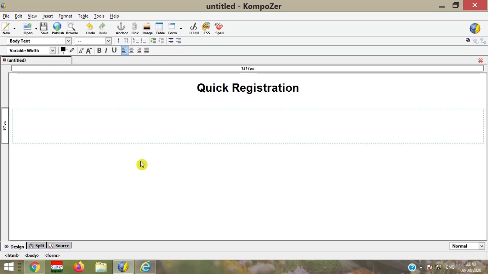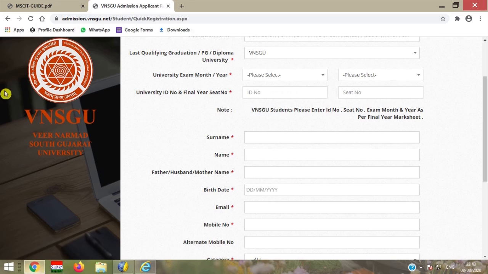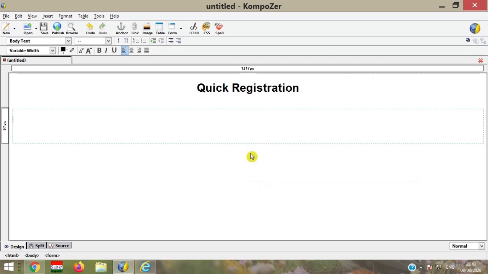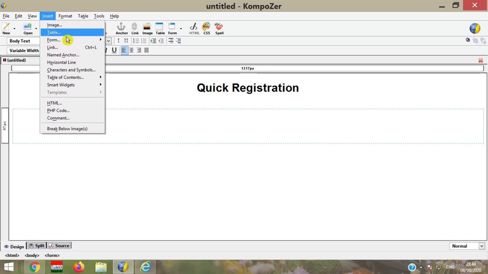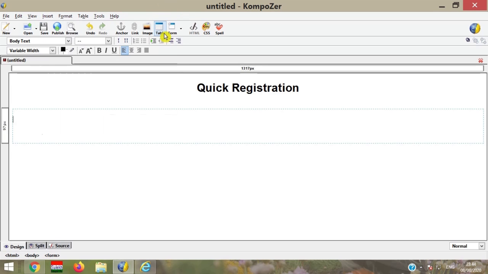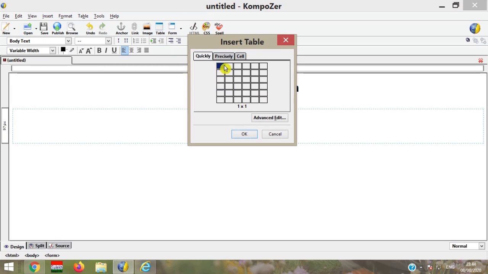Now use the surname field for the text box. Sorry, we are using a table. You can select it from the insert menu, table, and this option is also available on the composition toolbar table menu. Then you can see insert table; select 2 rows or 3 rows according to your form size.